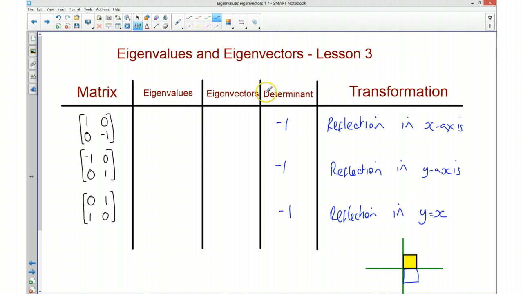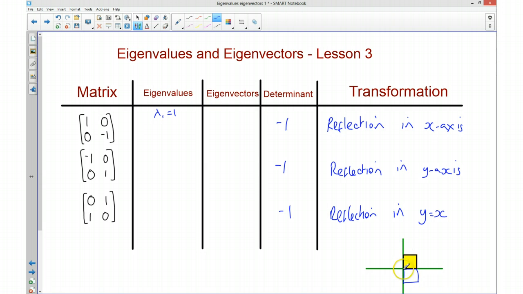Okay, so now looking at the first scenario, my eigenvalues, well, along here I've got a line of invariant points. Each of these points along this mirror line here are going to map back onto themselves. So that tells me that one of my eigenvalues has to be 1. My other eigenvalue, if I look along the y-axis here,